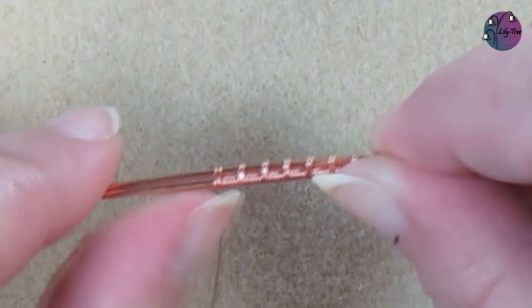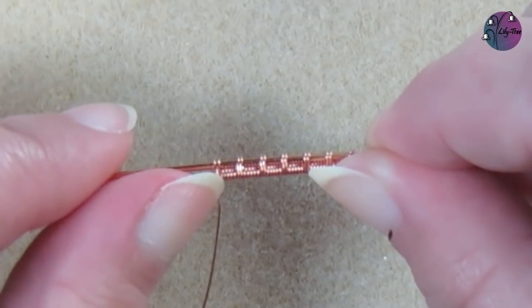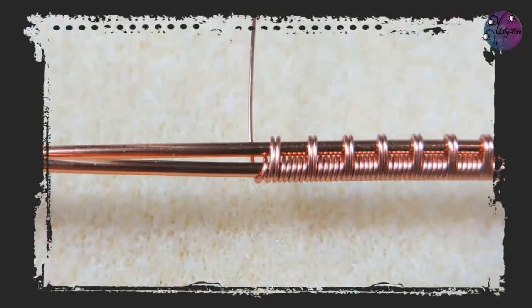In a weave where you have multiple wraps on one frame wire, at least 2, preferably 3 wraps on one frame wire for finishing off, and the same for adding in new wire. This is the best scenario, as it will be the most secure, but we don't always find ourselves in an ideal situation. We might have just 1 wrap on one frame wire,